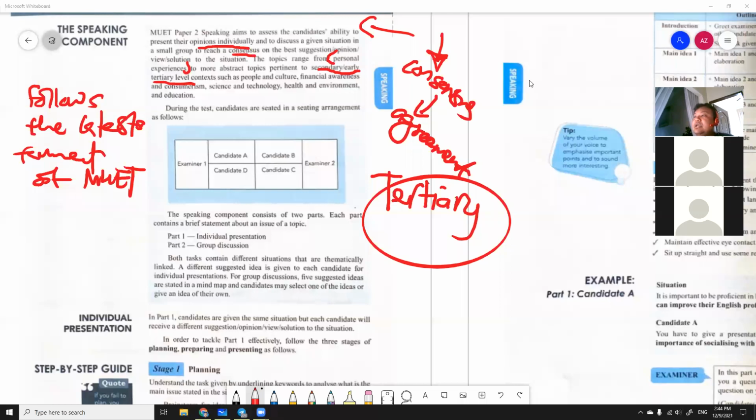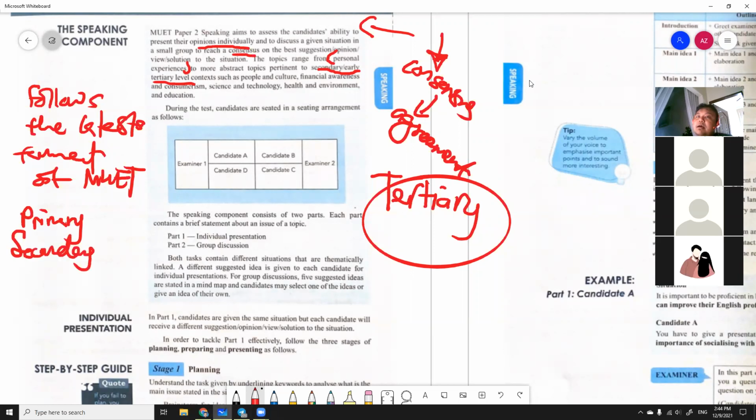Tertiary means, you know that you used to sit for your primary. Primary is your sekolah rendah. And then you will move on to your secondary education, your sekolah menengah. And then tertiary is university education. Primary, number one, secondary, number two, tertiary from the word third. Tertiary means the third level of your education. The third level may include your studies in your matriculation,